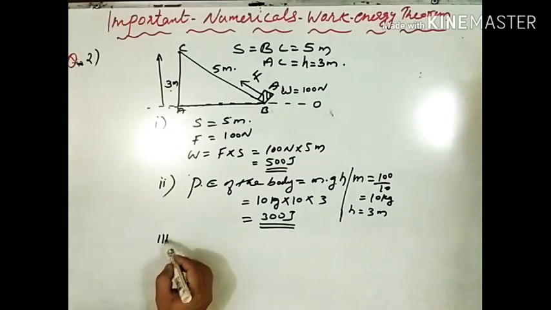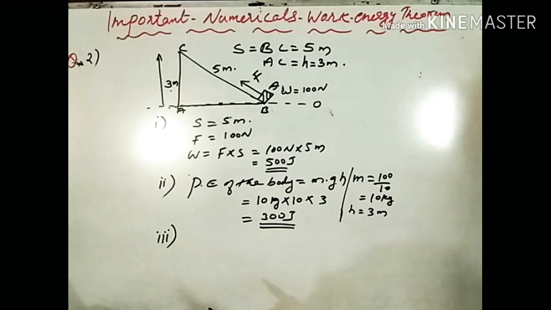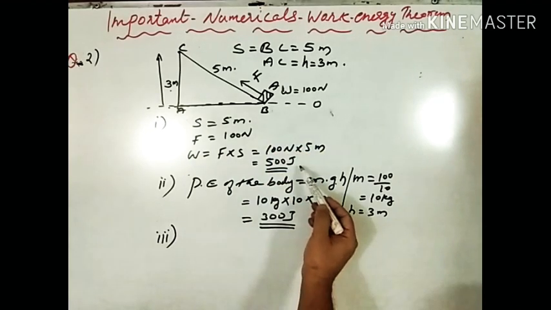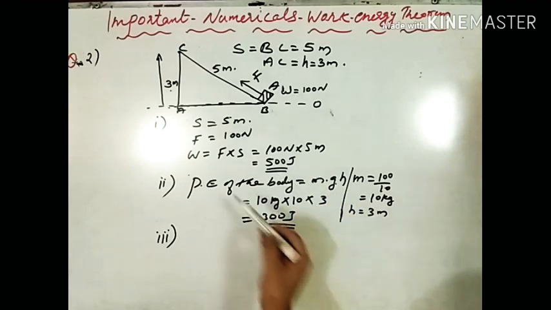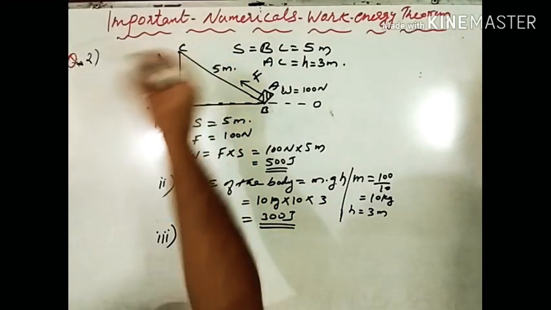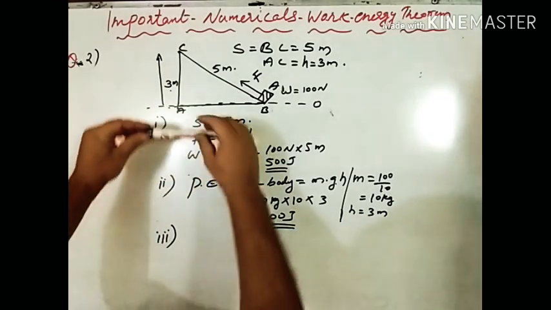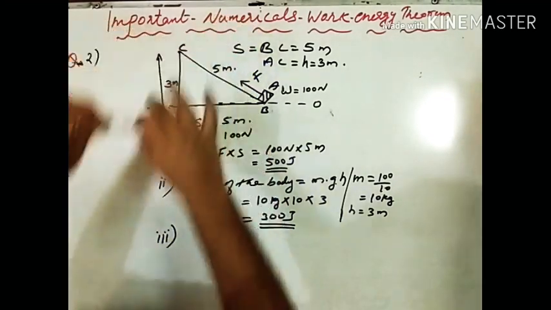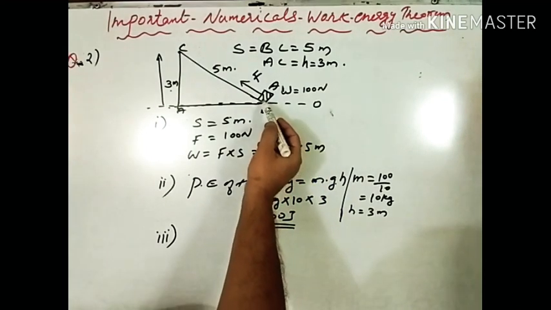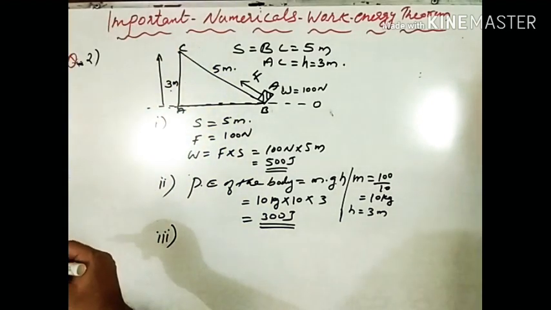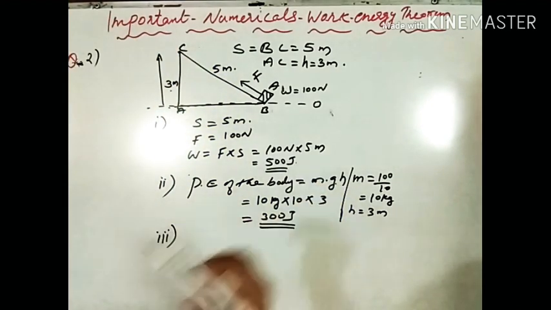So this is the potential energy after reaching the point C through a height of 3 meter. The third part of the question is a 3-mark question having 3 subparts. Account for the difference in the work done by the force and the increase in potential energy of the block. When you are raising the body through a height of 3 meter and keeping it there, you are doing 300 joule of work against the force of gravity. While pulling this body along the inclined surface, the work done is 500 joule.